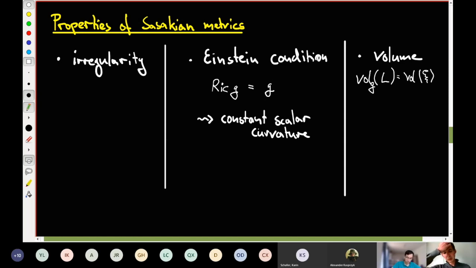And one consequence of this is that such a metric is going to have constant scalar curvature. Remember that we have seen scalar curvature before in this talk. Okay, and another property